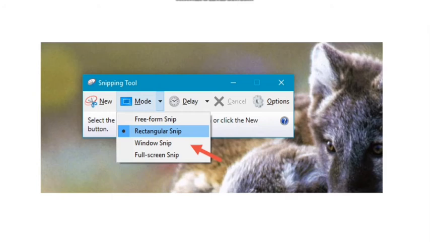Now the window snip allows you to select a window or dialog box and capture it. Now full screen snip enables you to capture the entire screen like the print screen key.